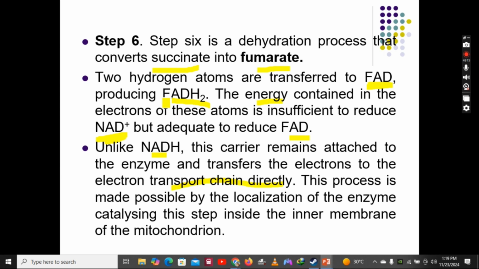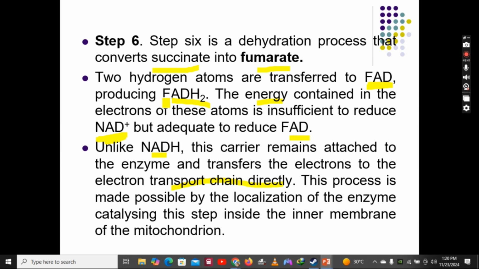It will remain attached to the enzyme inside the mitochondrial membrane, and it's going to transfer the electrons directly to the electron transport chain. When we look at the electron transport chain, you'll be able to know how the FADH2 and the NADH transfer these electrons, and in the end